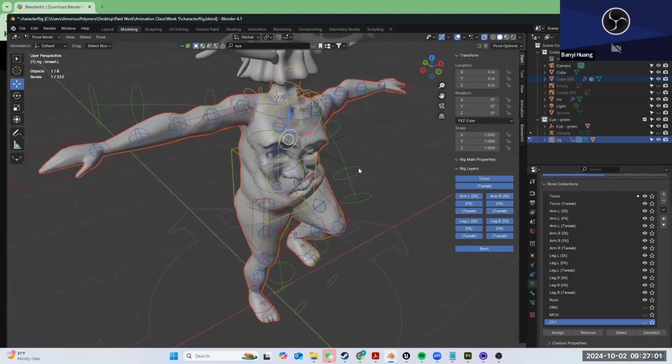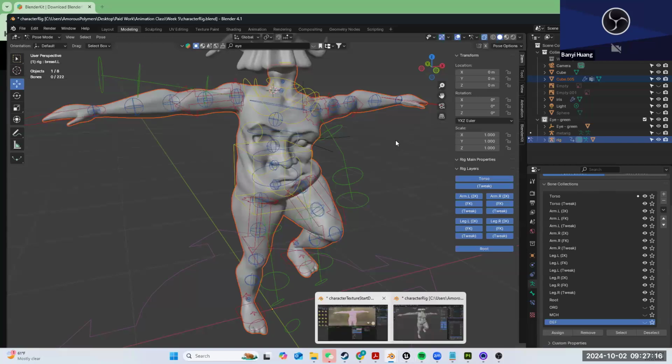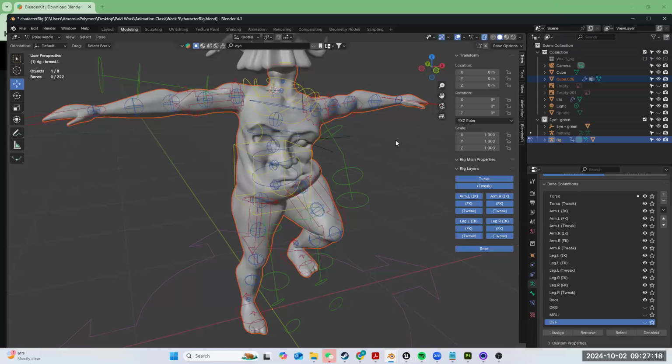But yeah, if you have time, rigging is really fun, and you can just play around with these controls. Does anyone have any questions? Great. Let me